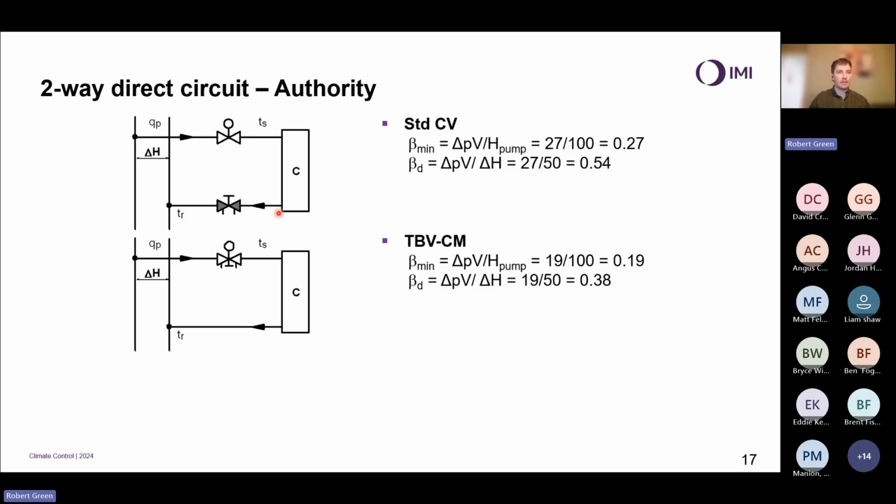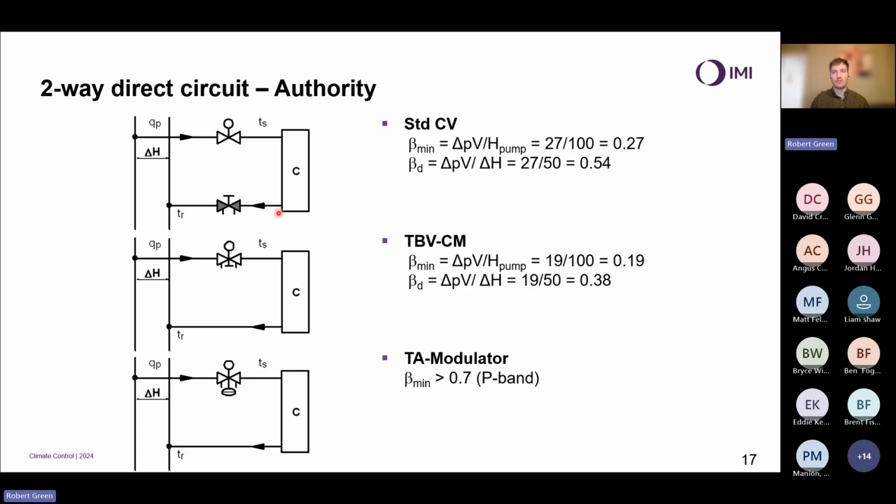And again, really, really easy with the pressure independent control valve. It guarantees a minimum authority of greater than 0.7. And we'll talk about why it's not 1. Some people like to talk about pressure independent control valves having an authority of 1. It is simply not possible. Physics dictates you can't do it, but a good pressure independent control valve is going to have a minimum authority of 0.7. So again, you can really see here why pressure independent control valves start to become the default de facto choice for a high level of control.